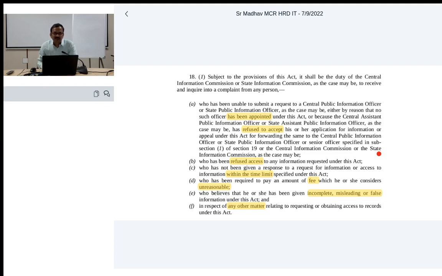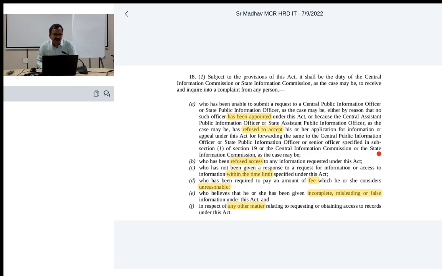And even if a response is not given within timelines. And clause D says a fee is charged which is not reasonable. Under the Right to Information Rules 2012, only a reasonable fee can be charged. For example, per A4 size page, 2 rupees of fee can be charged. It cannot be unreasonable. That means a public authority cannot charge for man hours. They may take some time to compile and prepare information, but in such cases, the PIO or public authority is not supposed to charge for man hours. Even such fees cannot be charged under the Indian Right to Information Act.